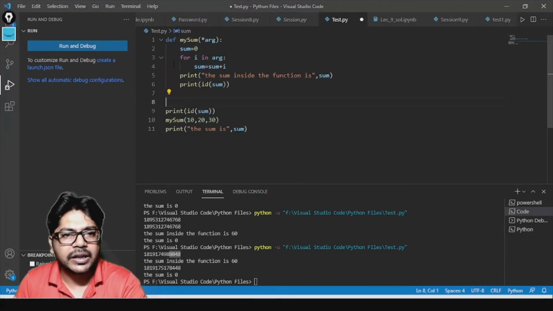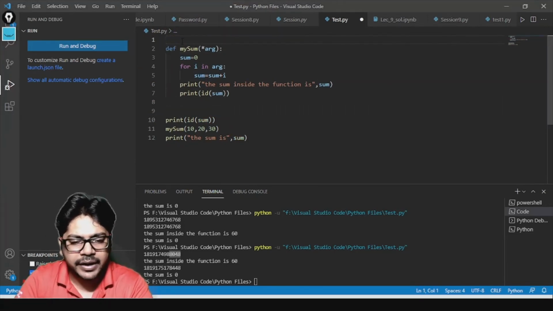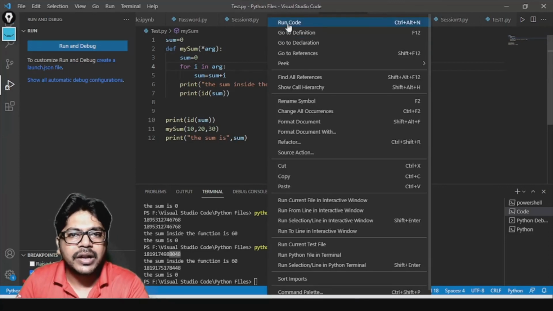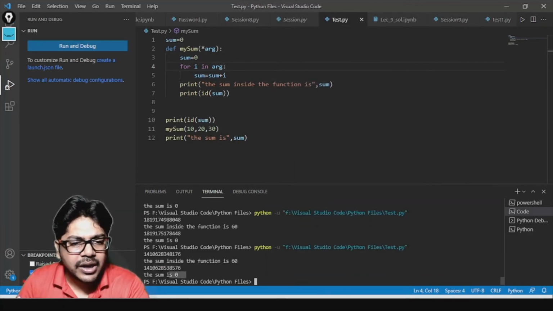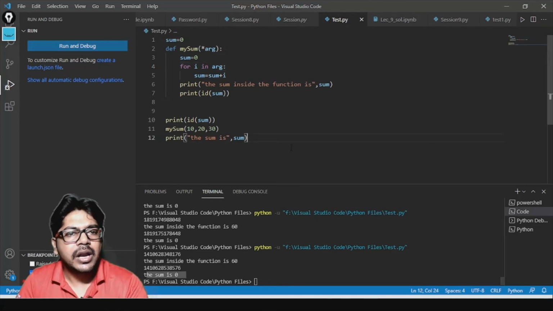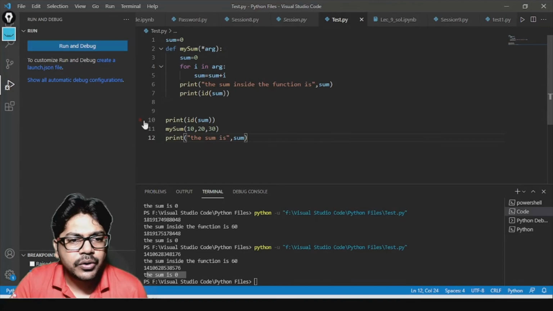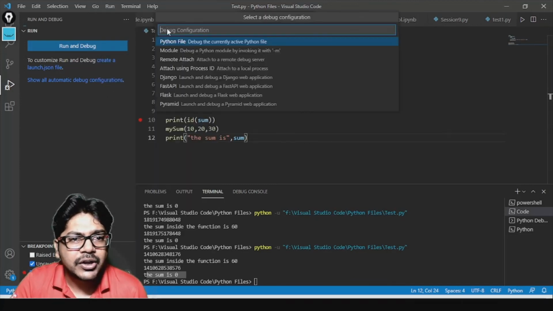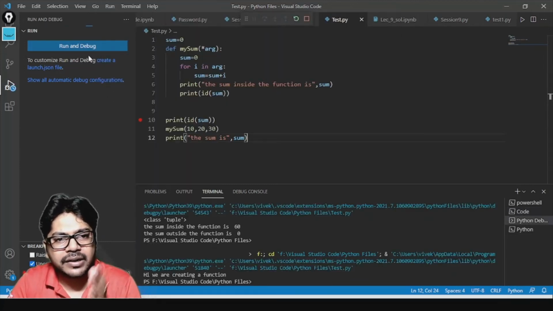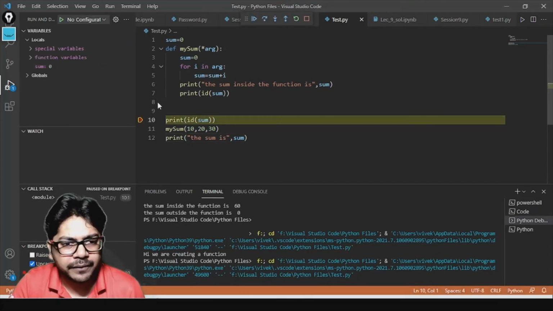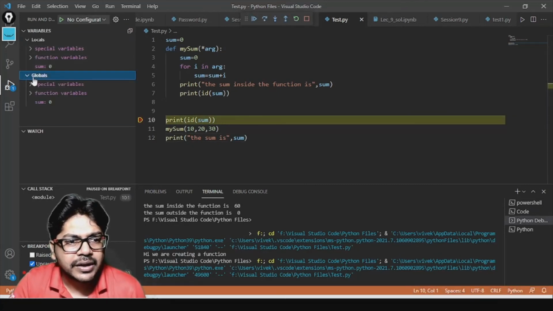If you want to see what will happen if I put it above here, then also nothing much is different. You see, it is still showing 0. And if I run the program in debug mode, you will see that two variables with the same name are getting created. One has a local reference, the other has a global reference. You see, one is local, the other is global. Can you see both having the 0 value now?